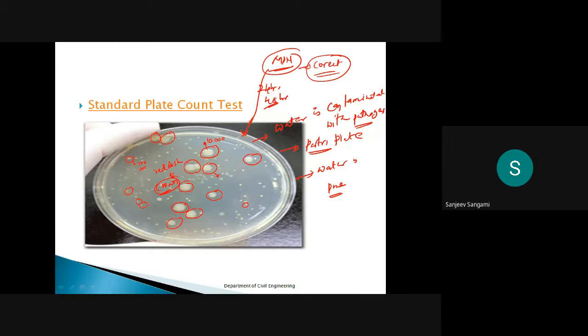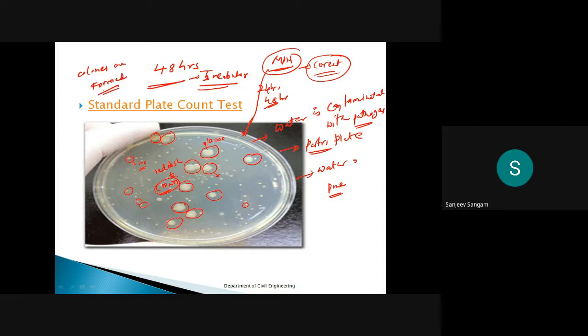I already explained what incubation is in the previous class. After incubation, if you take it out, sometimes you may observe colonies after 24 hours, sometimes you may not. If you do not observe them, keep it for another 24 hours, meaning a total of 48 hours in the incubator. Then we can observe all these colonies. Sometimes we will count how many colonies are formed.